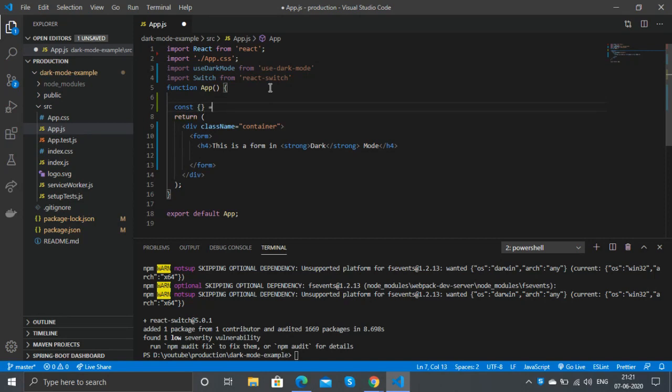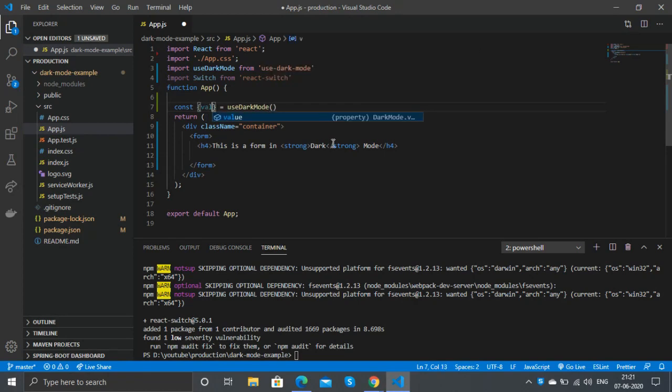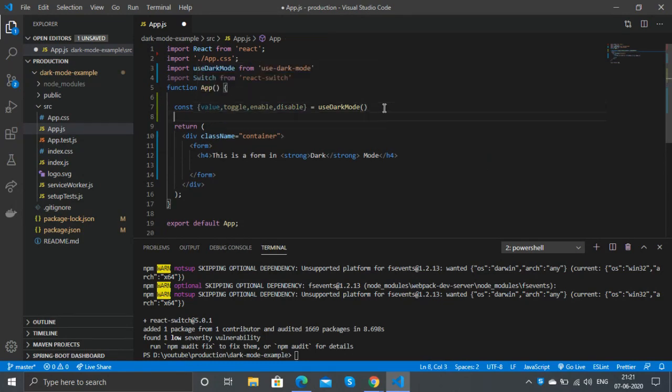In the useDarkMode hook we actually get four values, mainly value, toggle, enable and disable. So the value can be used to get whether the dark mode is active or not.